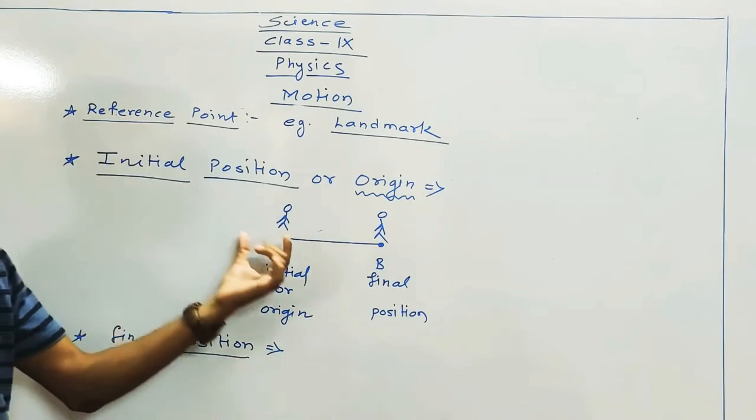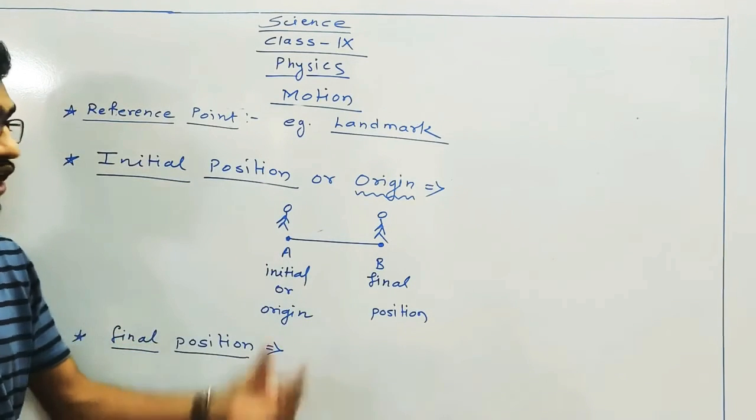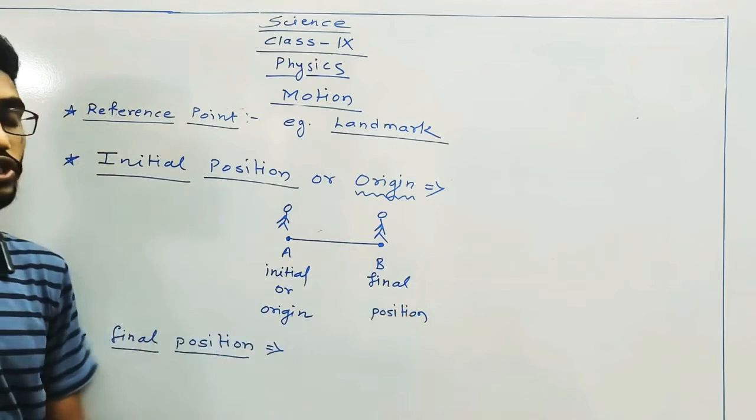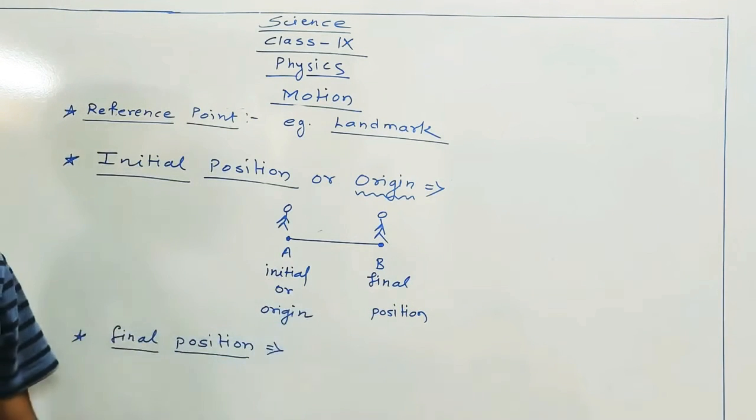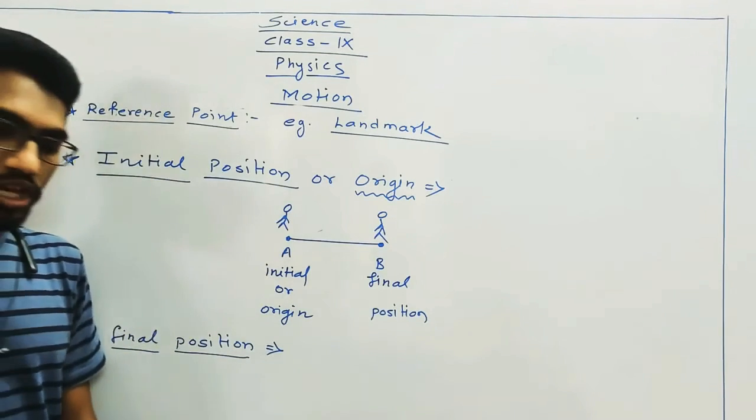Initial position: an object starts its motion from that particular point. Final position: an object ends its motion at that particular point is called as final position. Is it clear? Okay. Now